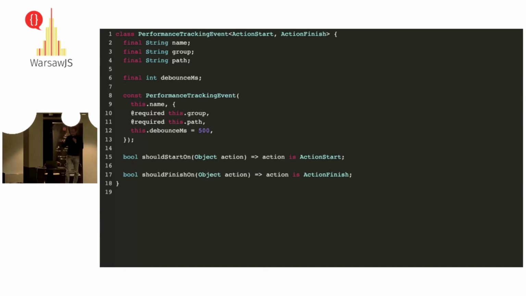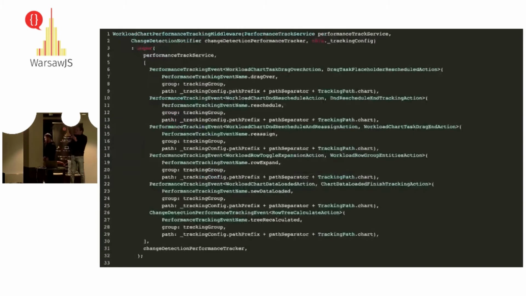It's pretty simple. It's configured with these events. So as you can see here, it takes a start action and a finish action. In the middleware itself, we defined the most important events for users that really create the user journey. So like row expansion or drag and drop or scrolling or something else.